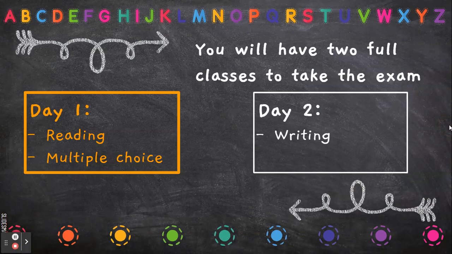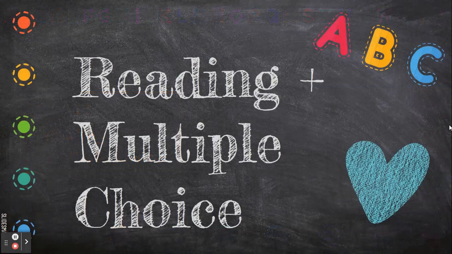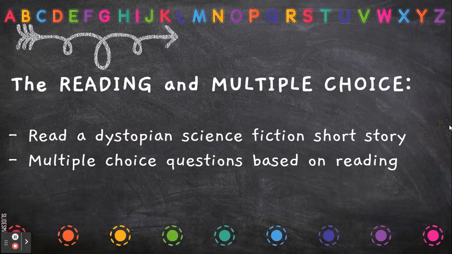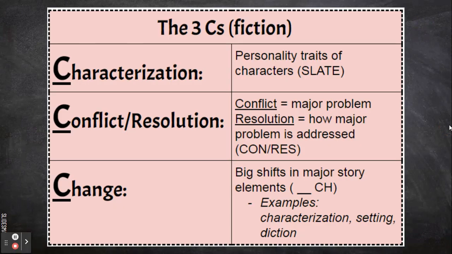Okay, let's look at day 1. That is the reading and multiple choice. So you're going to read a dystopian science fiction short story and then answer multiple choice questions based on that reading. Because it's fiction, we'll look at the 3 C's: characterization, conflict and resolution, and change. These are the ideas to keep in mind as you read, and they should serve as the basis for your